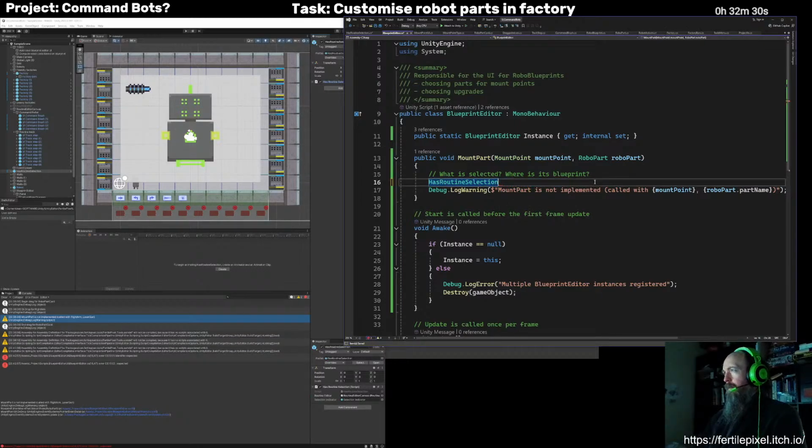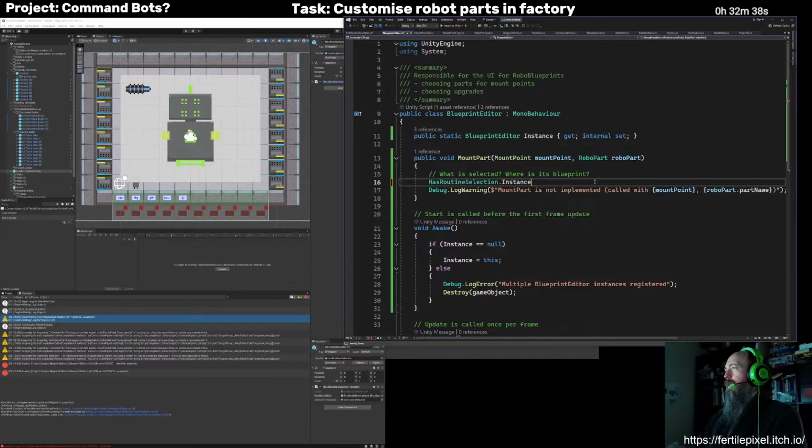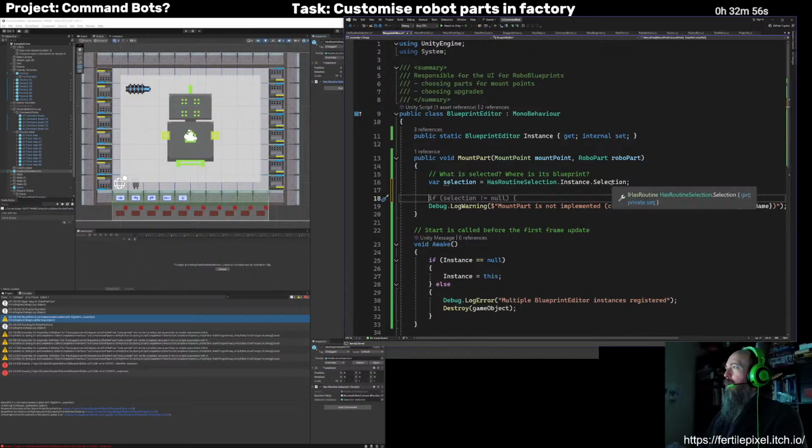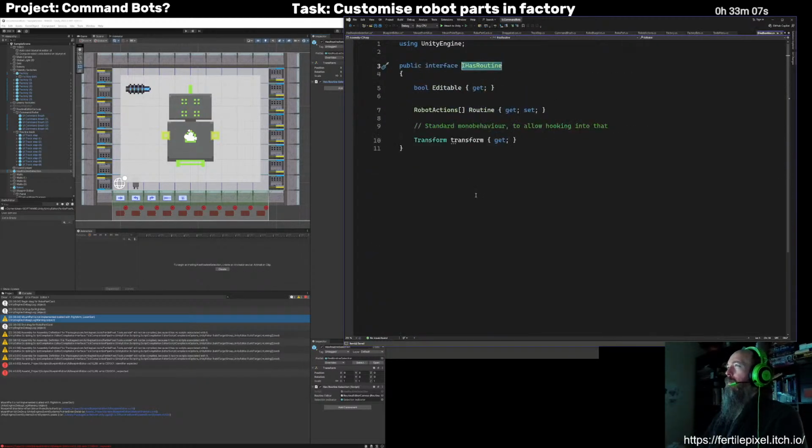It's a bit weird. So it has routine selection dot instance dot selection. So that's what's selected. Now we don't have a way through that interface to get the blueprint. And I think I want the blueprint. So let's add that.